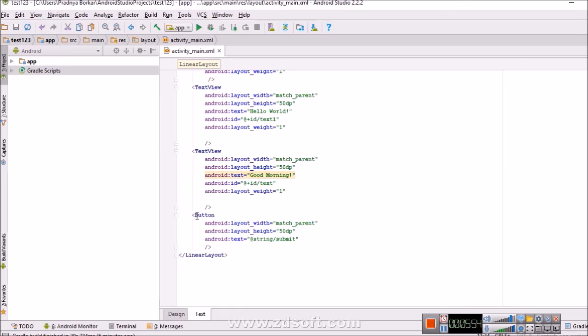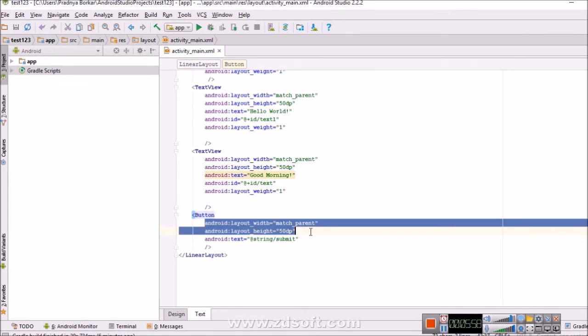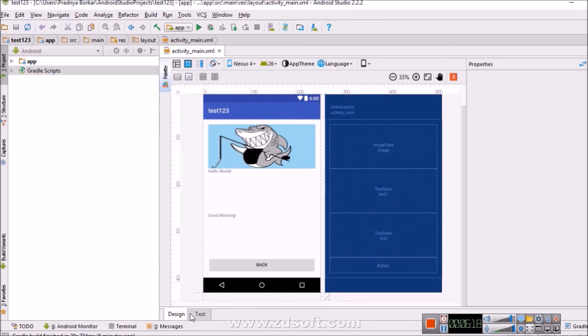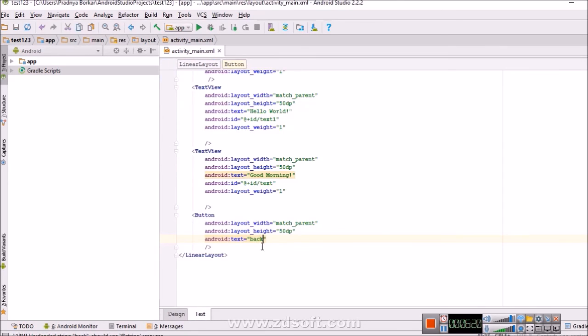Now to declare a button, you just need to write button and the attributes, that is the width and height and the text. Now when you write the text, you can directly write @string/submit, or you can just write the text like back button. So it's a back button, so the wording is back. Now you can see in the design there is a back over here, but the thing that I have written before,